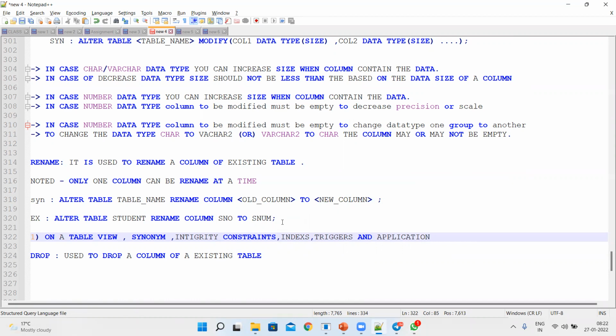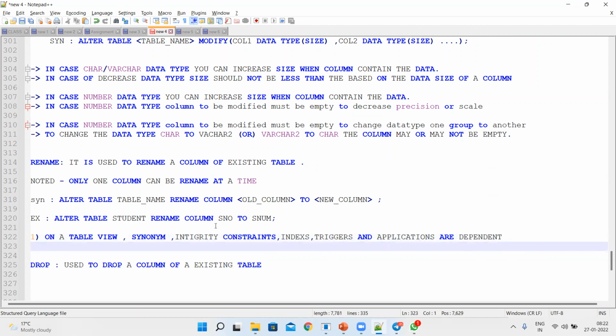For example, my database is linked up with some SBI project. That application is also dependent on a table because the application is retrieving the data from the table. There is a link connection, right? The ODBC connection. So applications are dependent. All these things are dependent on a column or a table.